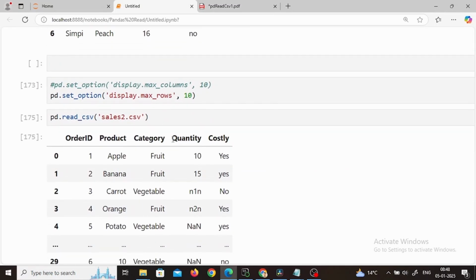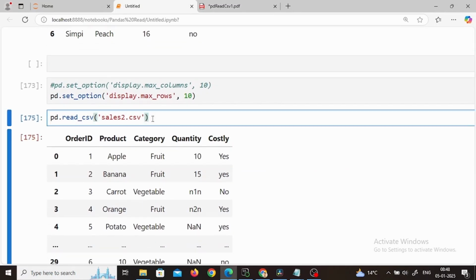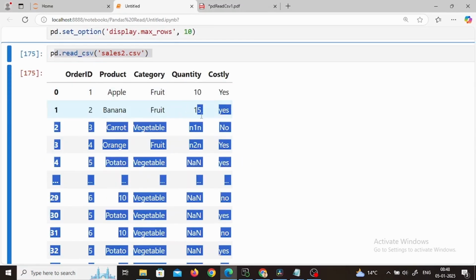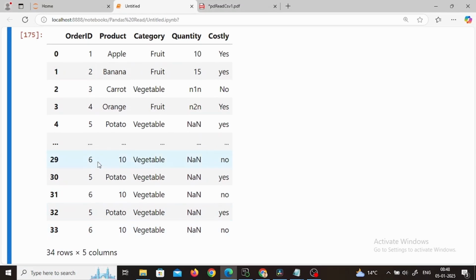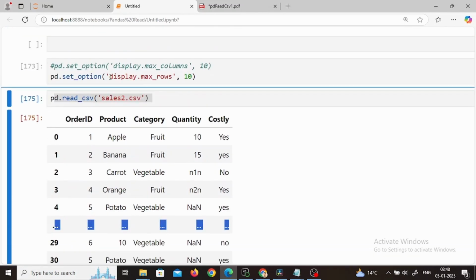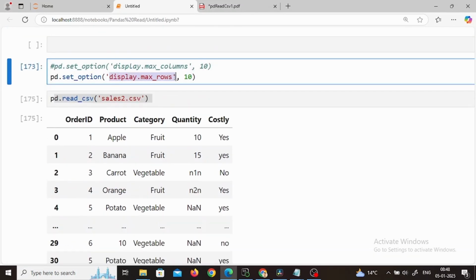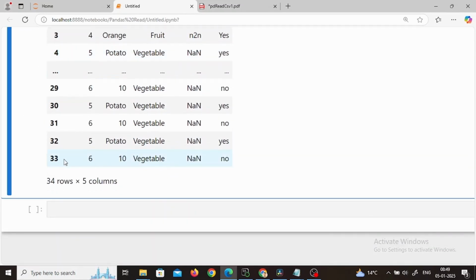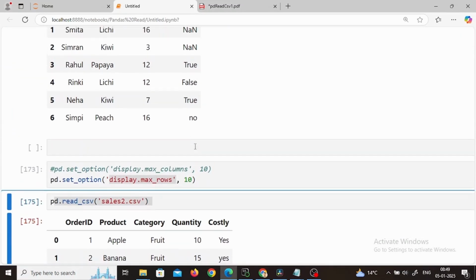Now moving ahead, here if you see when reading sales.csv, it is printing first 5 lines of the data and last 5 lines of the data, and in between it is printing dot dot dot. So is there any possibility to see all the lines? Yes, it is by setting display.max_row to greater than the number of rows available in your csv. Let's suppose there are total 33-34 lines in your csv. So if you set it to 50,